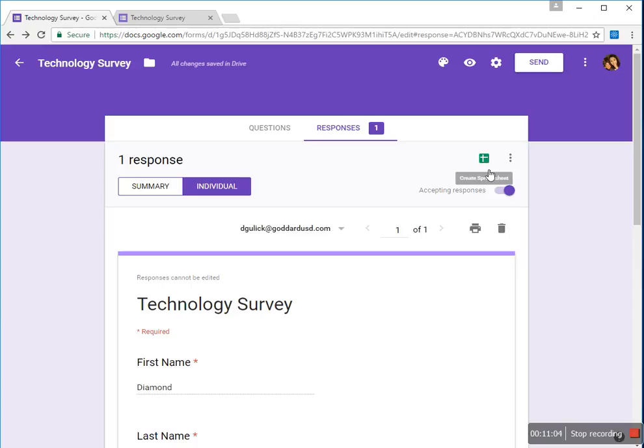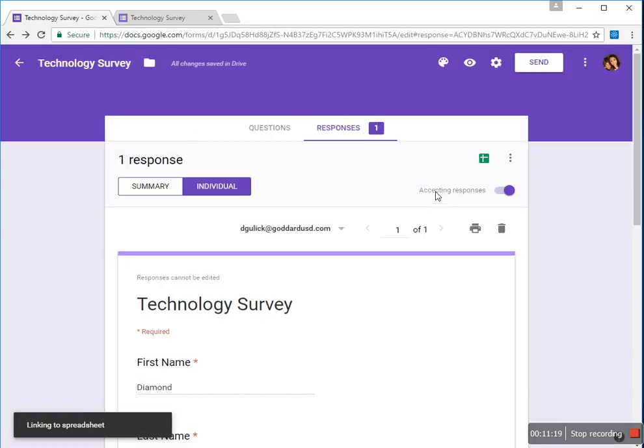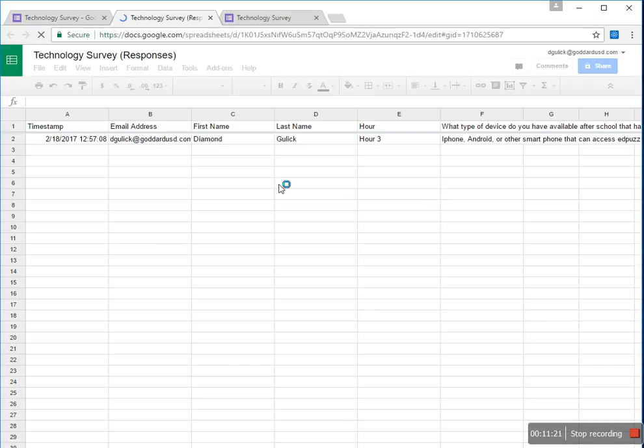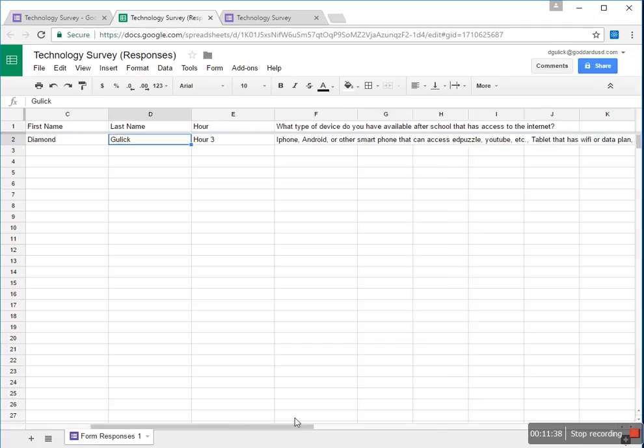All right, now this button here is where I would create a spreadsheet with this information. Okay, so it kind of looks like almost like a present with a ribbon on it. If you click on this, it'll create a new spreadsheet with all your responses in it, or you can select an existing spreadsheet. So I'm just going to create a new spreadsheet, click create, and this is my favorite part because everything is nice and organized in a spreadsheet. So no matter what order the kids do, or no matter what hour they're in, I can filter by hours and just see what kids, all I'm doing is scanning through here to see if I have the word no,